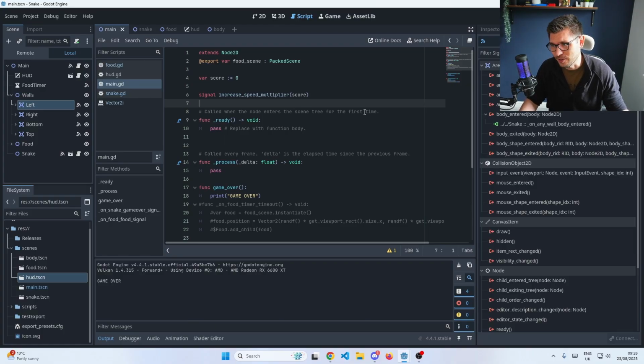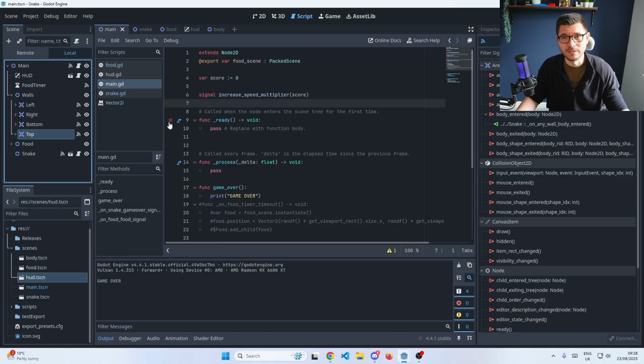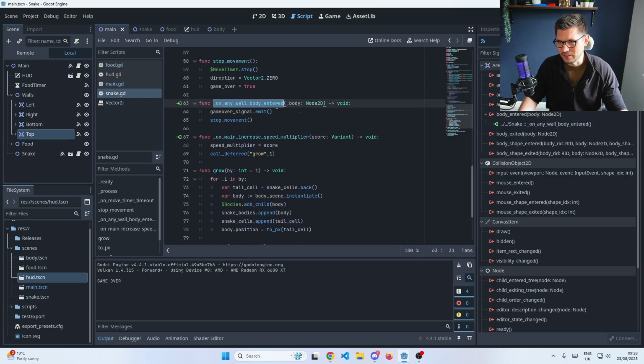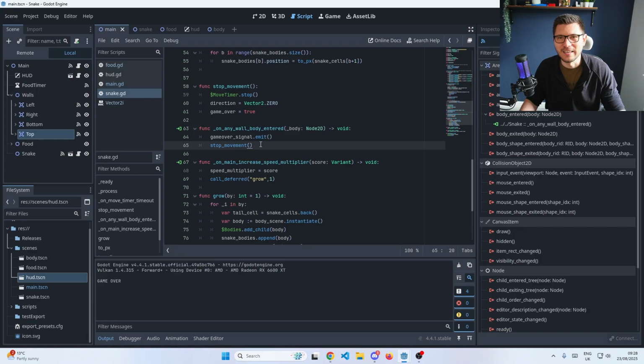And I did learn quite a lot, just really basic things. See, I've got these 4 walls used for collision. If the player hits the wall, they die. It's game over. Initially, I had body entered for each of these walls as its own function, and it was just repeated code. I was like, oh, you can create a function. So I could map all of them to this one function, and then I don't have repeated code. That's just so much nicer. That saved me, what, like 6 lines of code?